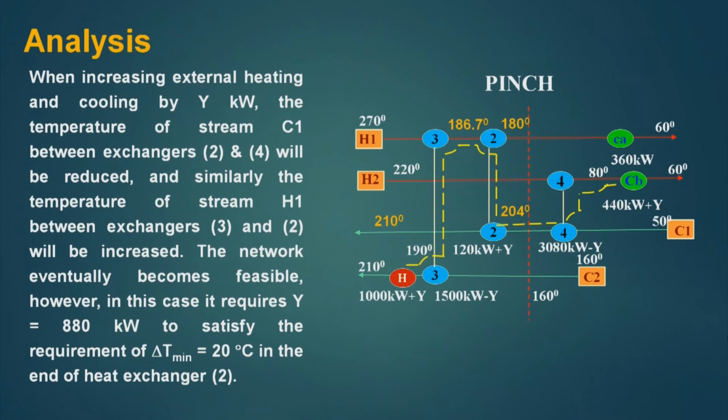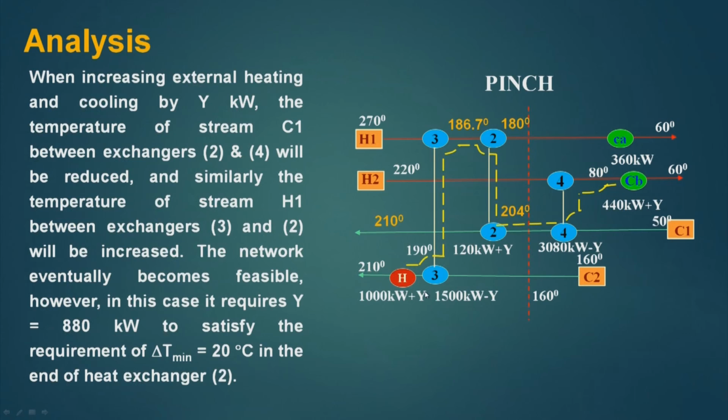When increasing external heating and cooling by Y kilowatt, the temperature of stream C 1 between exchanger 2 and 4 will be reduced, and similarly the temperature of the stream H 1 between exchanger 3 and 2 will be increased. The network eventually becomes feasible. However, in this case it requires Y equal to 880 kilowatt to satisfy the requirement of delta T minimum equal to 20 degree centigrade. So, when I increase this